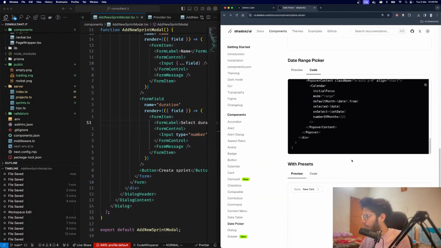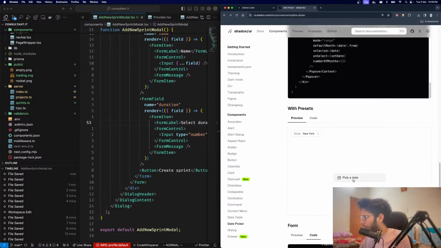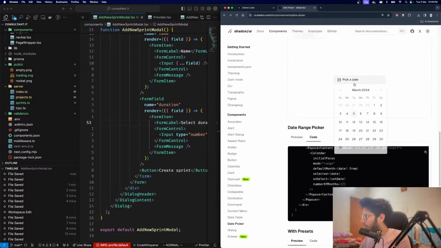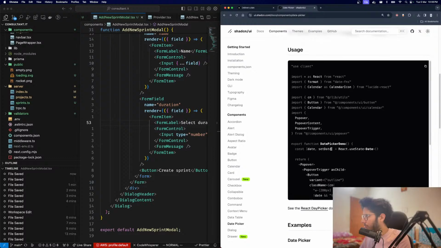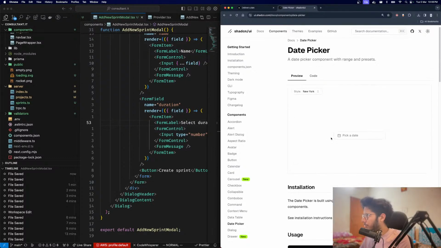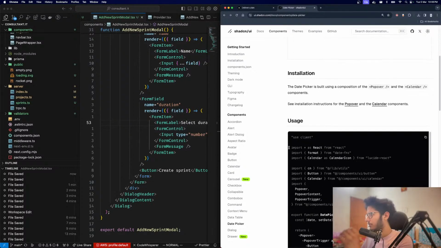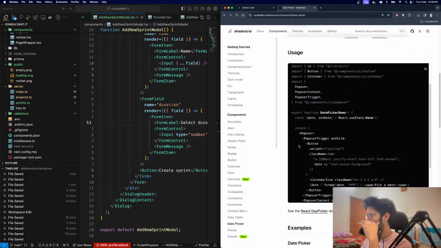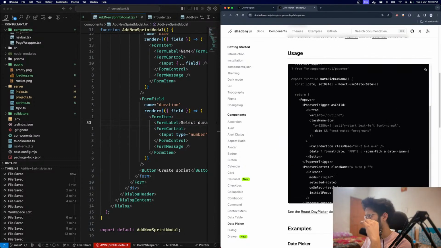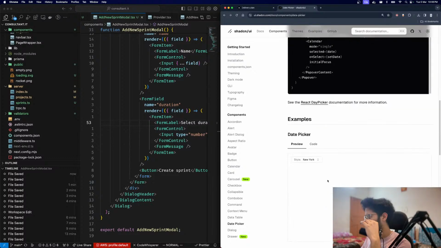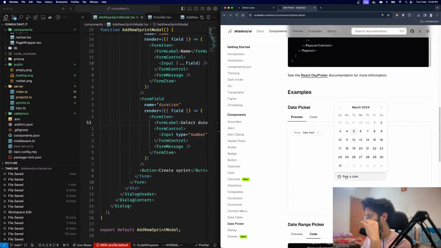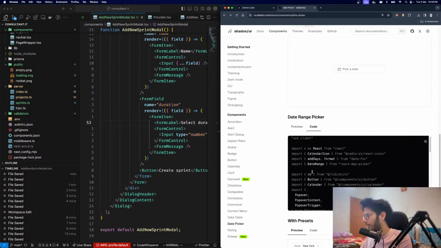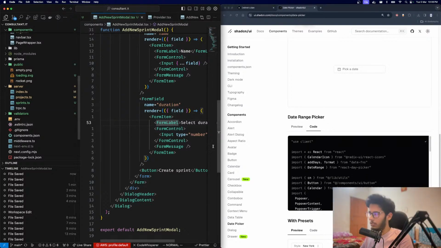What was the name? Date range picker. What was that? Not this one. Where is the date range picker? So date picker is this. Then you have this, and then you have this, and then range picker. This is exactly what we need. So we can copy this entire thing and we can say date range picker. Exactly, but the thing why they don't